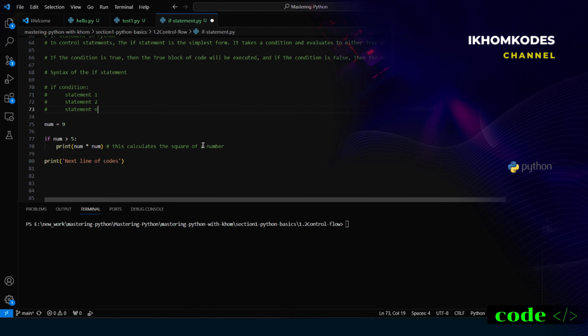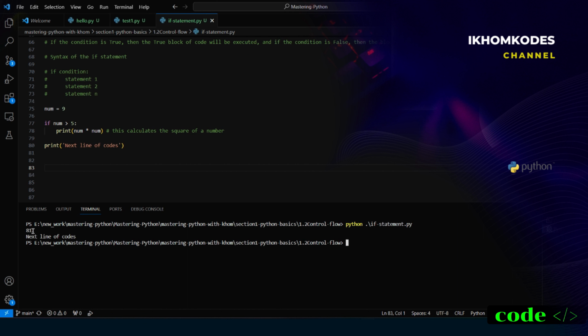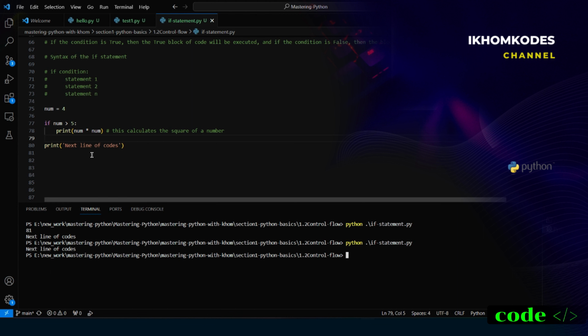So let's check it out. Before this you need to save it, Ctrl S, and let's run this code. Python, if statement. That is the right answer because 9 is greater than 5, so it calculates the square of the number. Let's check with another number, less than 5. Let's try with 4, whether it works or not. Yeah, the next line of code, it doesn't calculate the square of the number